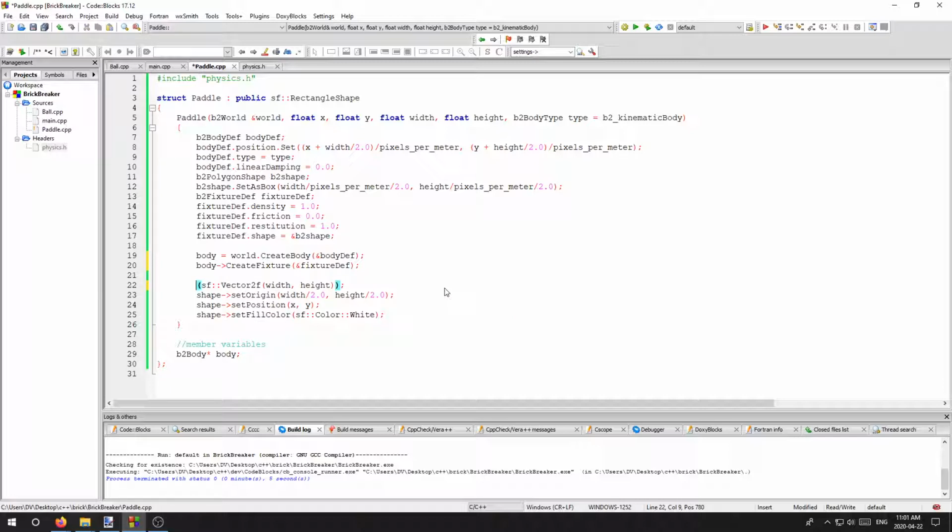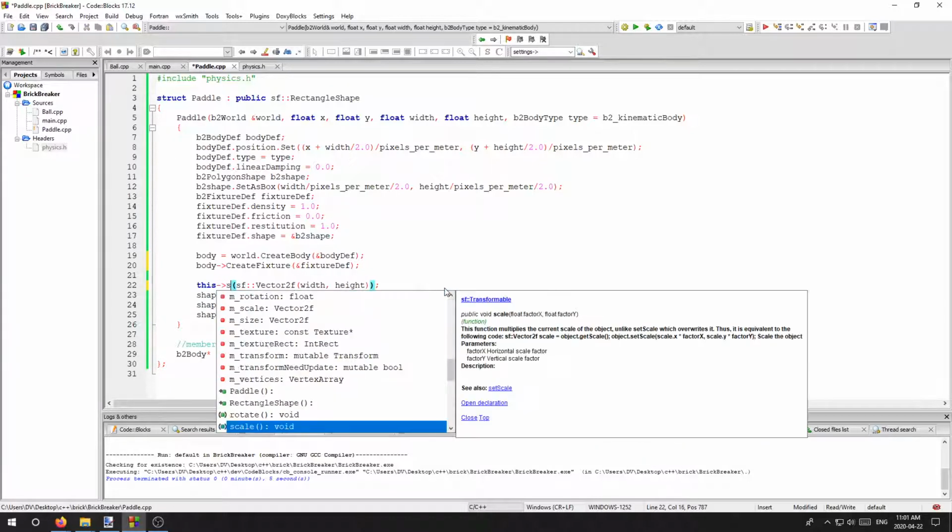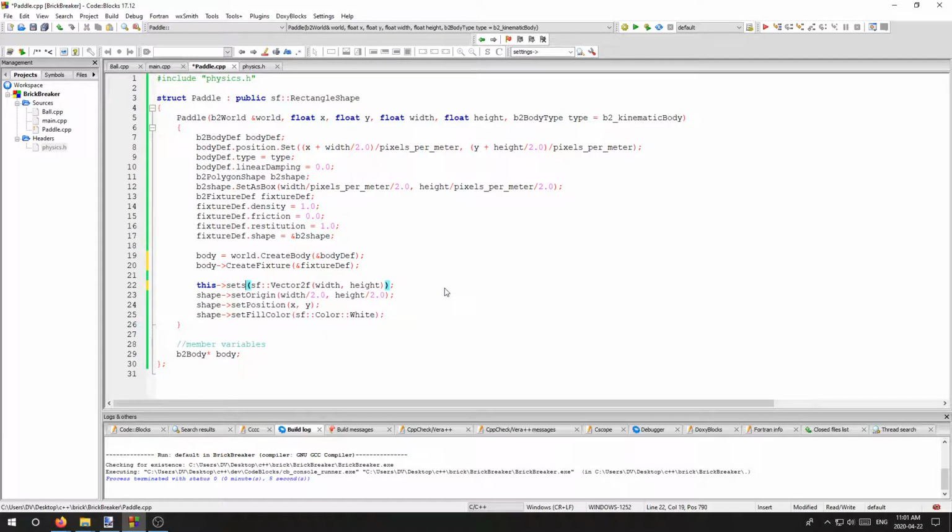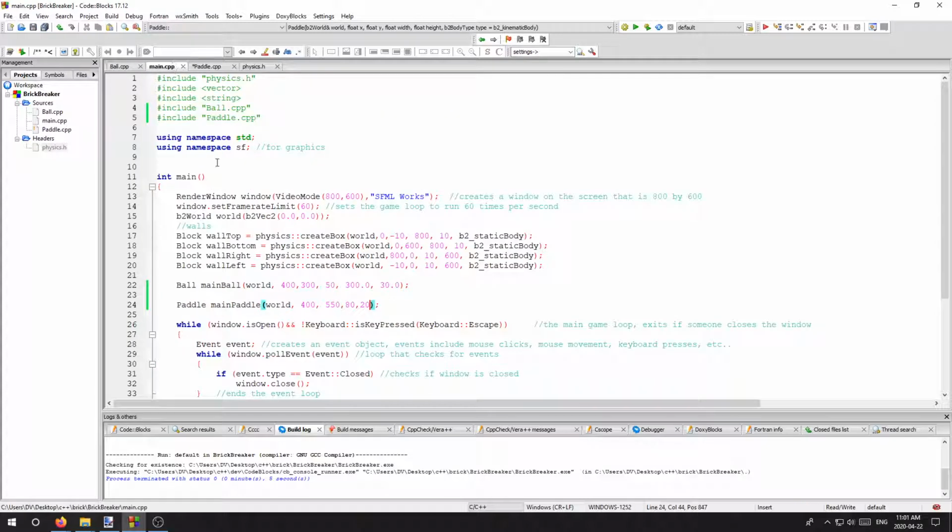What I have to actually do is go this dot set size, and then I pass it the height and the width, and instead of using shape here, I say this, which in our case will mean main paddle, because that's the name of our paddle